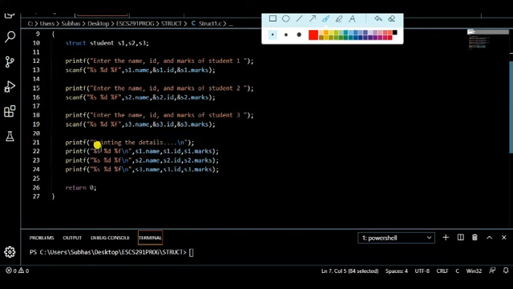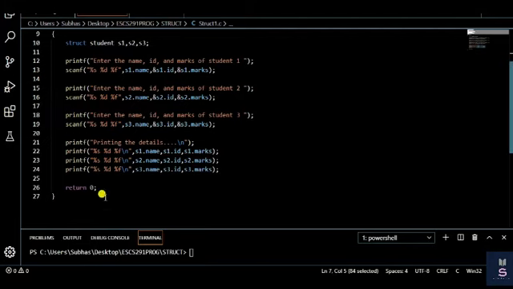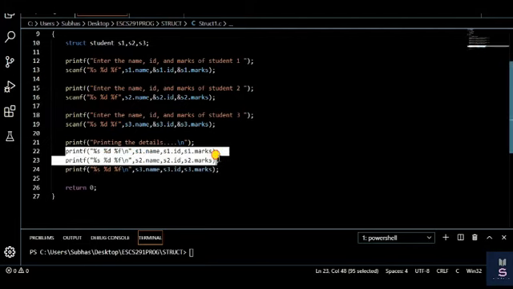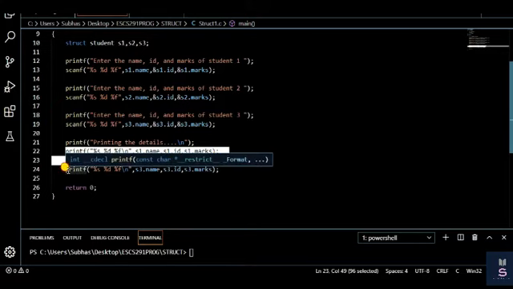Now I want to print. If I want to print the first student's record, then s1.name, s1.id, s1.marks, separated by commas, and the first specifier is %s, then %d, then %f, right? Similarly we can do it for the second student and the third student.